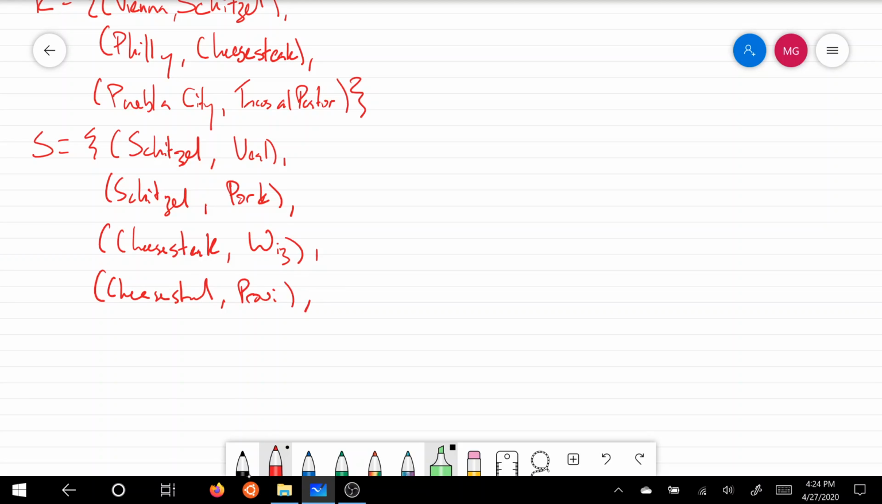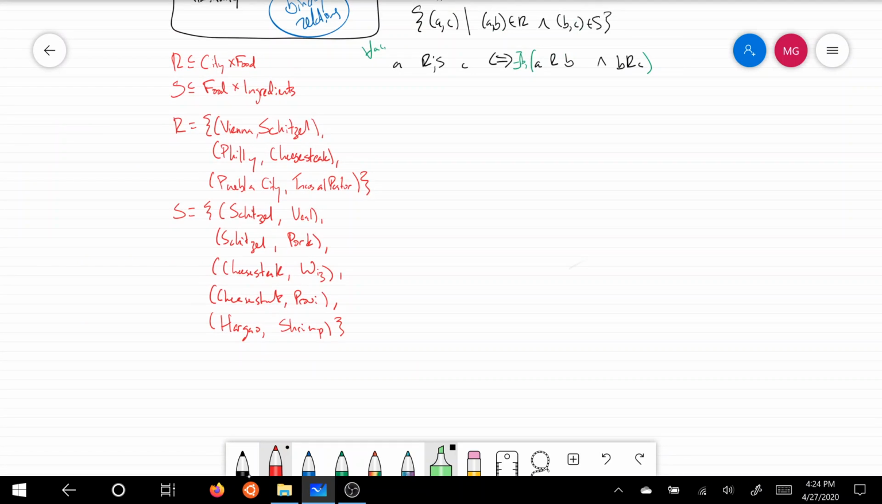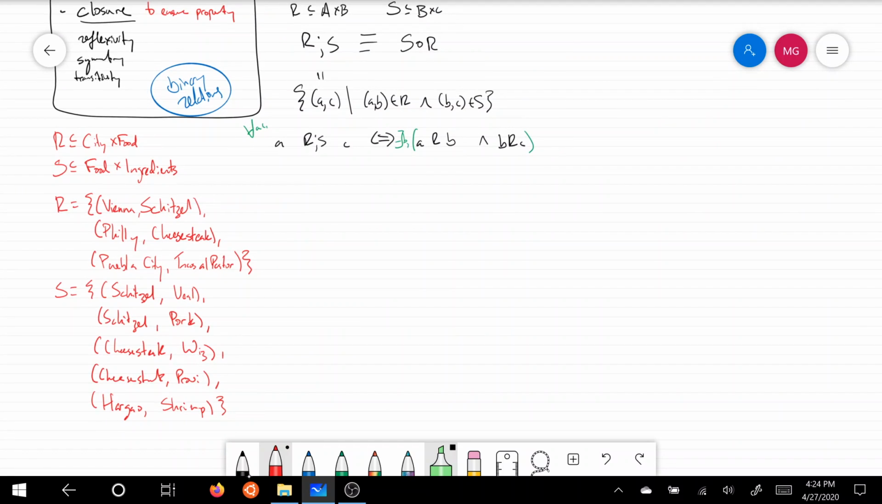All right, Provi, as a former fellow resident myself. There's other ingredients in a cheesesteak also, but here we are. And then lastly, just for the sake of completeness, I'll write Har gow shrimp, though I've had excellent lobster Har gow in Boston. Okay, so with that pleasant, I hope, diversion,